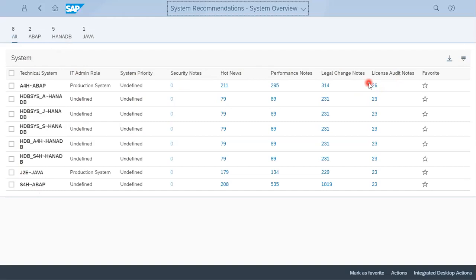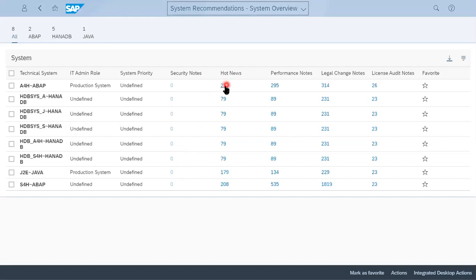If we want to see which notes are available, for example in security notes there's nothing, there are no security notes pending in the system. It means there's no security note released by SAP to be implemented in your managed system or your Solution Manager.